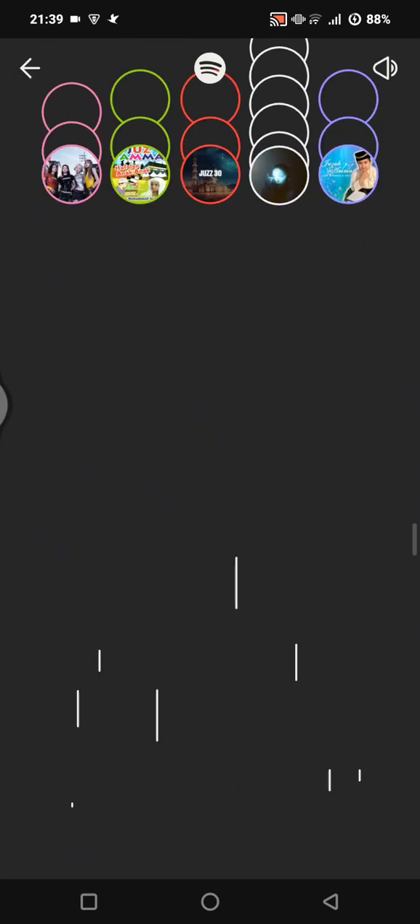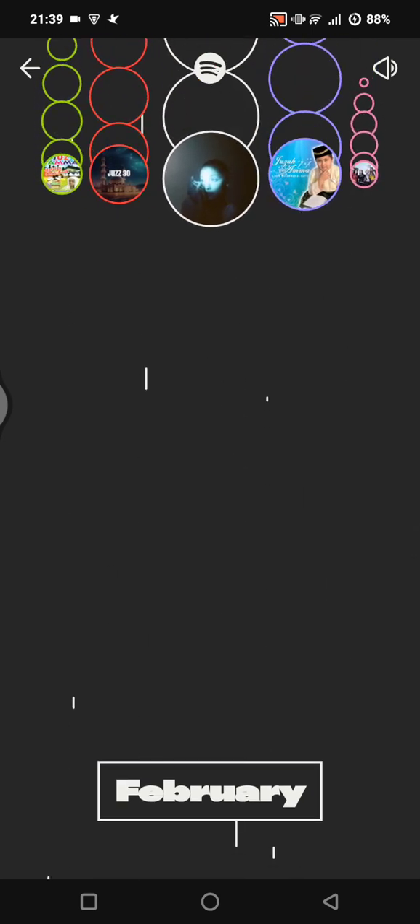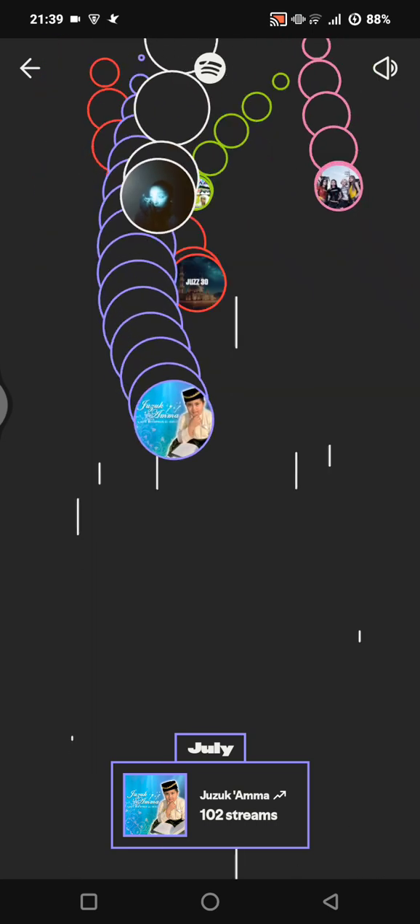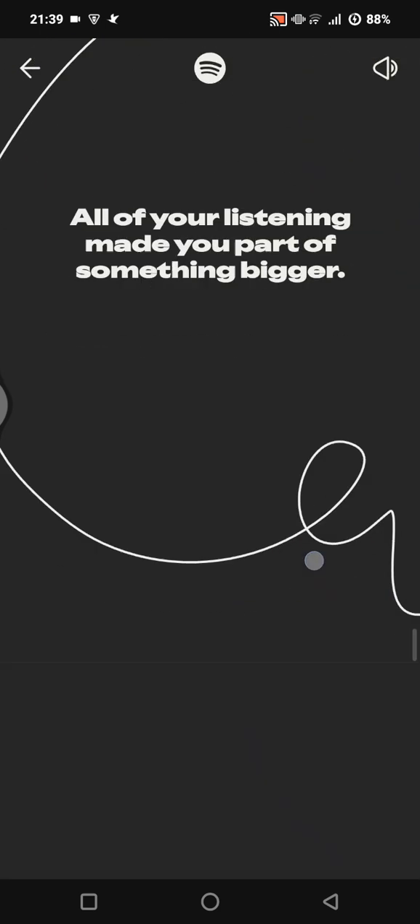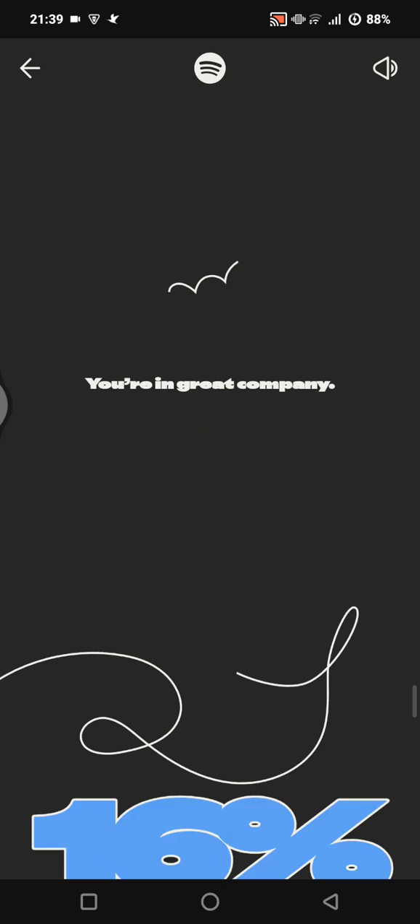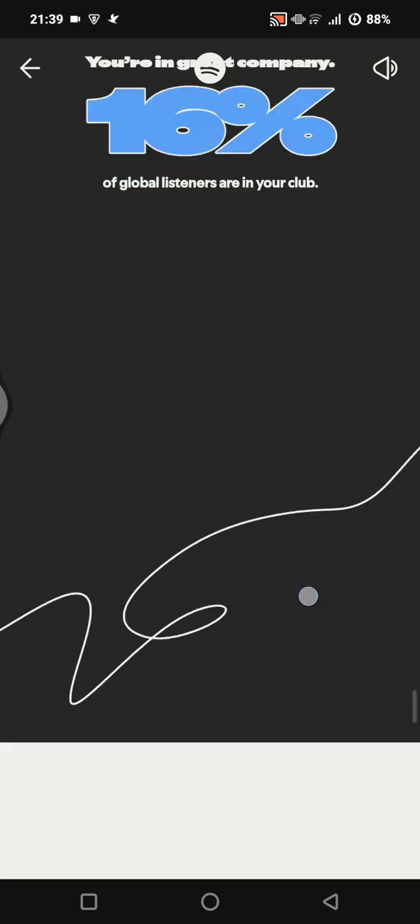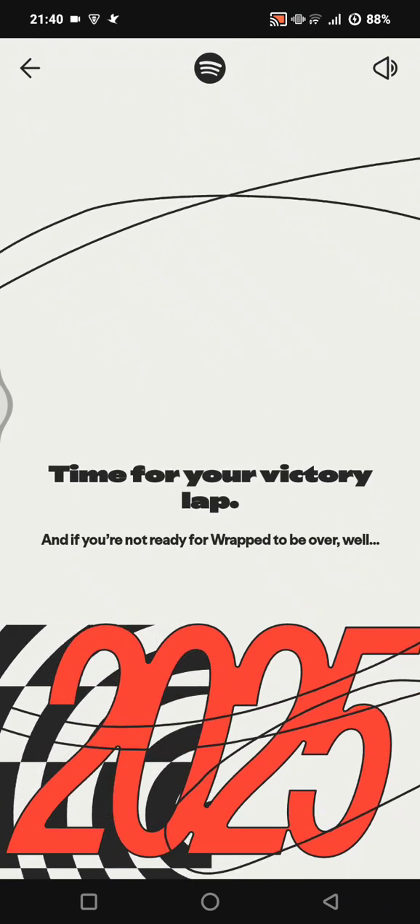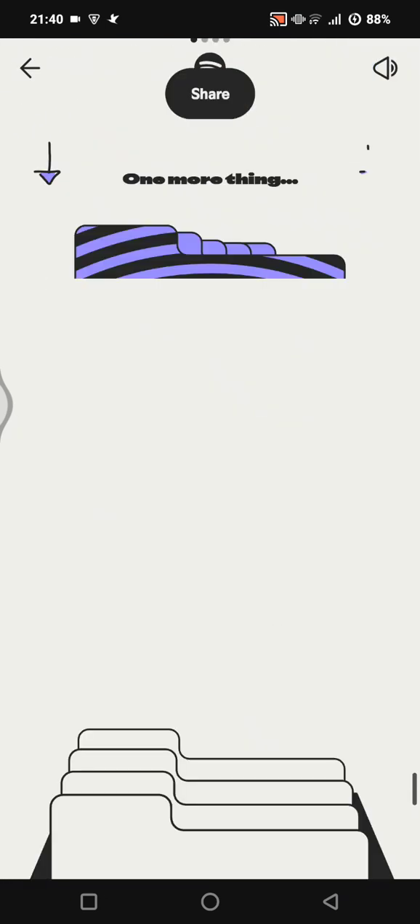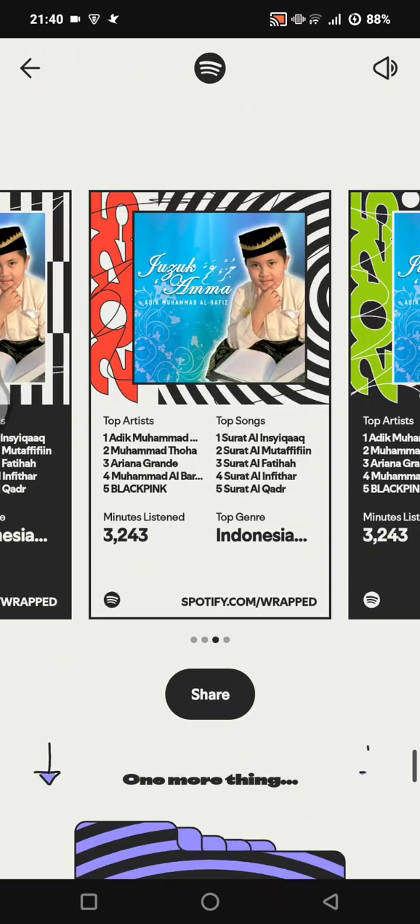Okay, and these are the artist collections that I listen to a lot. Scroll down again. So yeah, that's basically it. That's how you can see your Wrapped in 2025, and in here you can directly share it by clicking on